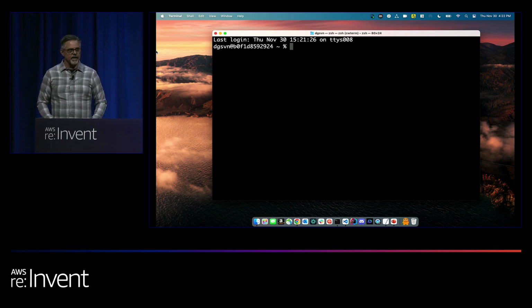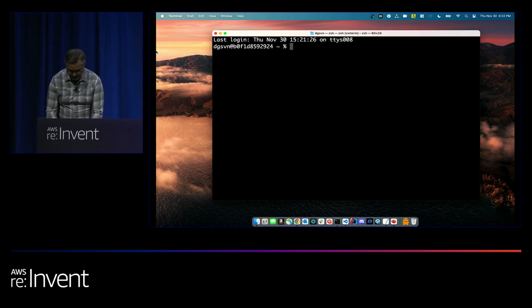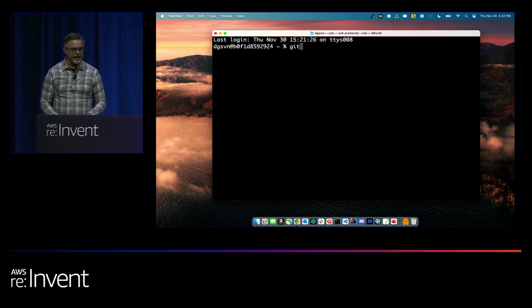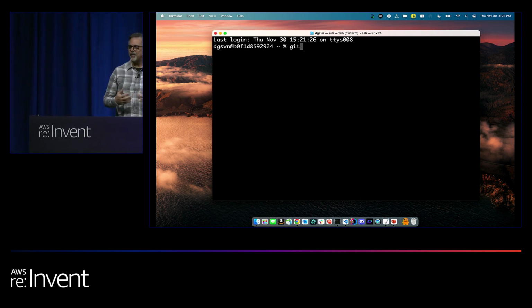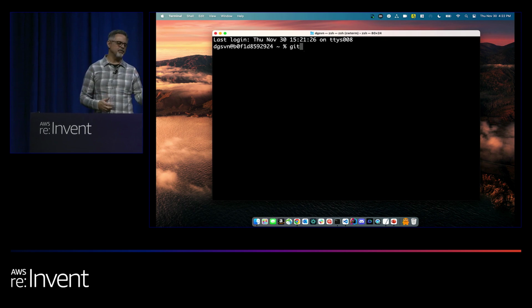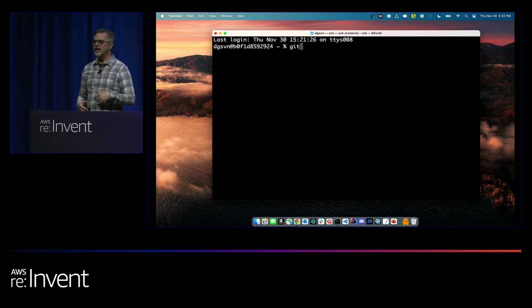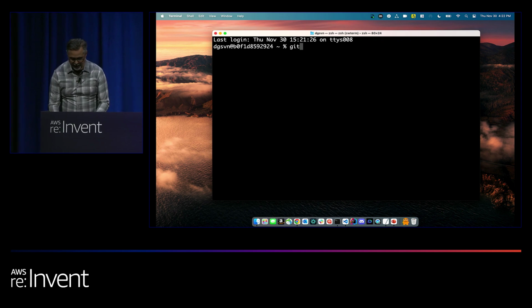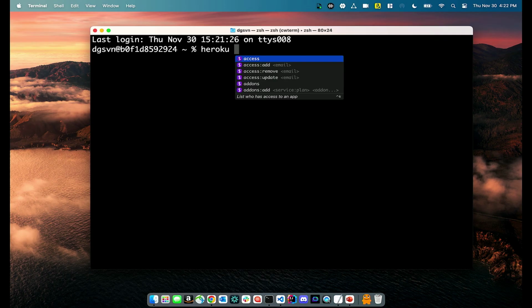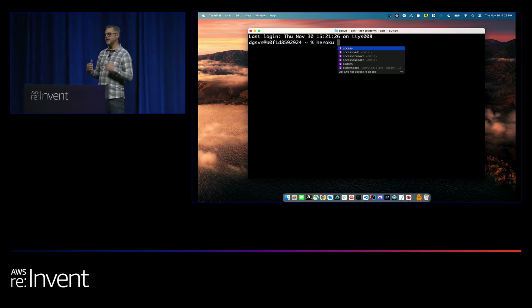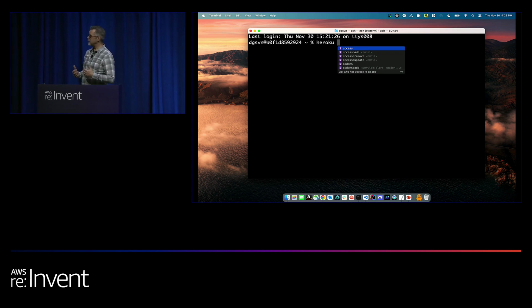So for instance, if I was working with Git, I get autocomplete, just like I would get in my IDE. That's part of CodeWhisperer saying, how do we help you be more productive? Half the time, it's just remembering what the next part of the command is, and so doing that autocomplete. And we do that for Heroku, which is another one that people like. We support a little over 500 different CLIs, so the chances are whatever you're working on is probably supported by CodeWhisperer for the command line.